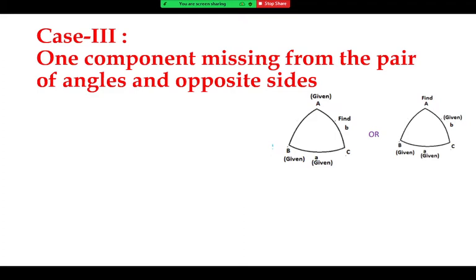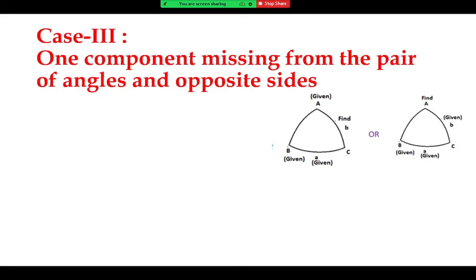In the last session we started on the spherical triangle, where we saw that whenever all three sides are given, or two sides and the included angle are given, it's better to use the cosine rule and we can solve that problem. An alternative is the haversine formula also. Now come to case 3 here.